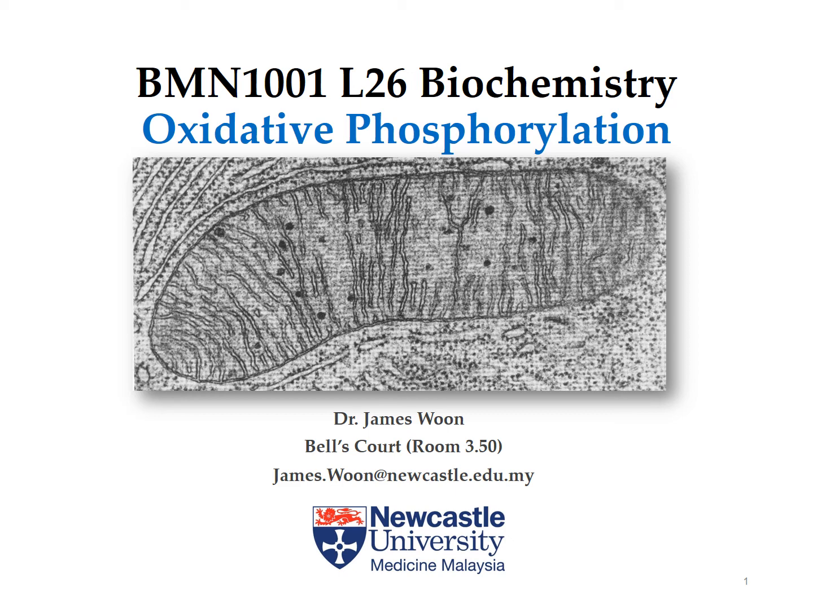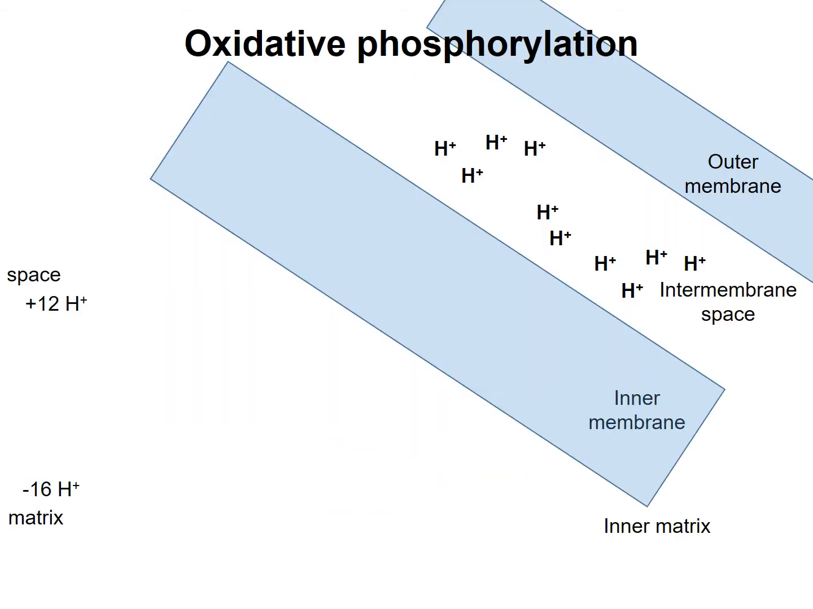In part 2 of this lecture, we will see how we can convert the proton motive force stored in the intermembrane space into ATP. At the end of the electron transport chain, we have built up a high gradient of protons in the intermembrane space,